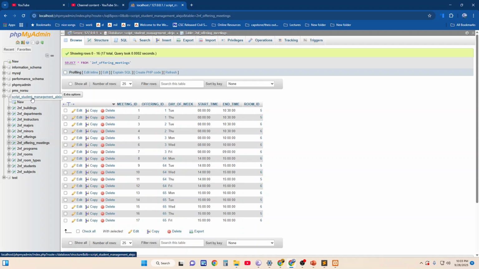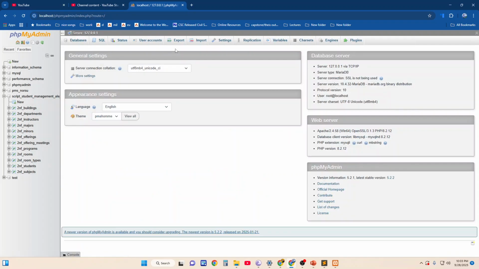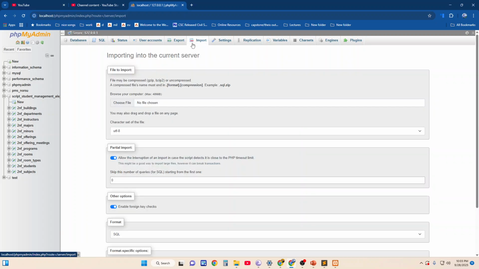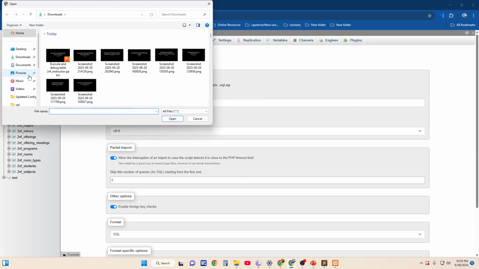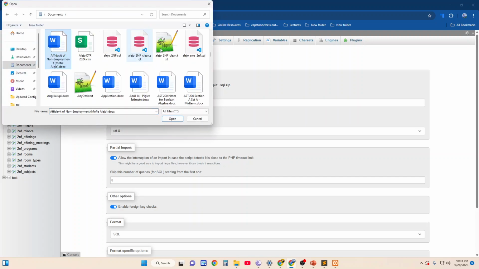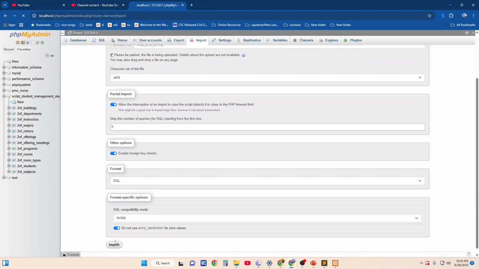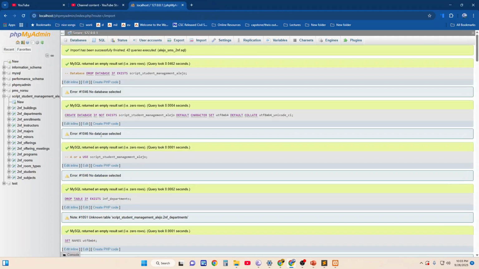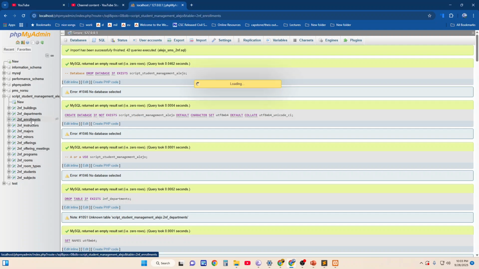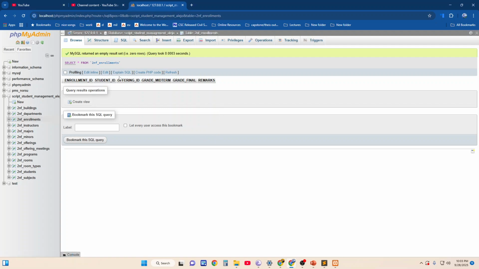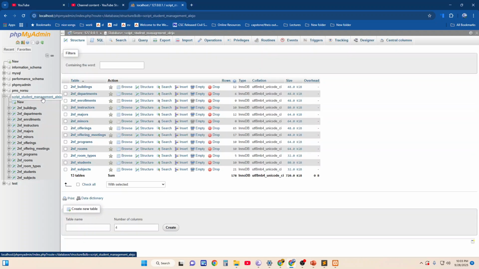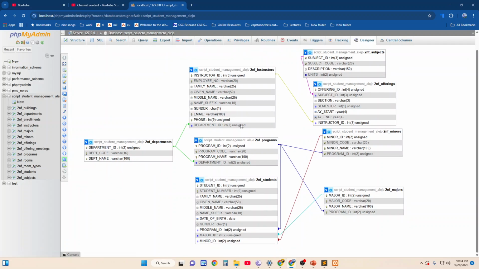Localhost server, and go to import and choose file and go to documents and find your file and go to import, and everything was working. And now in the enrollments, we can see that they are there now, but there is no data populated. And if you go now to our database and go to our designer, we have here